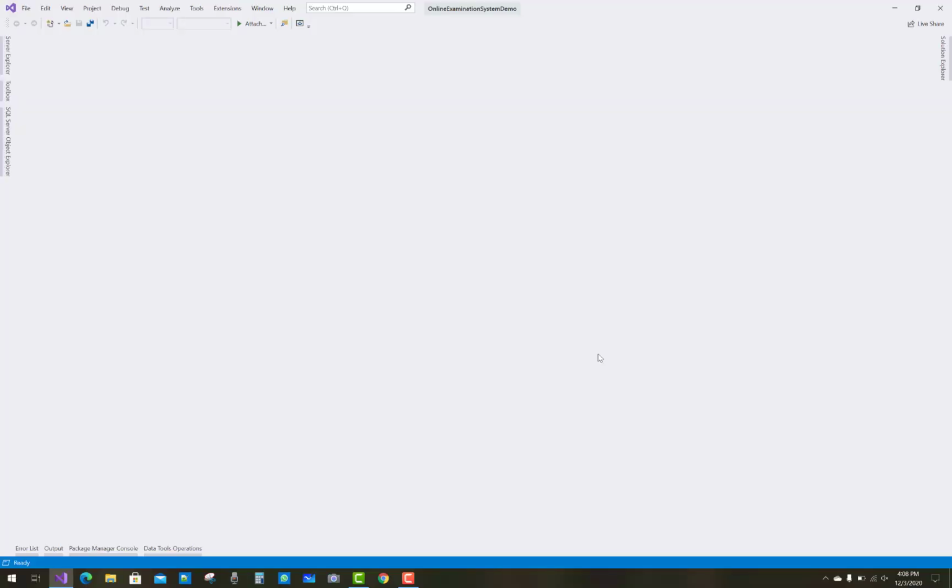So that is the blank solution you have to create first of all, and the first part of the project is the model.